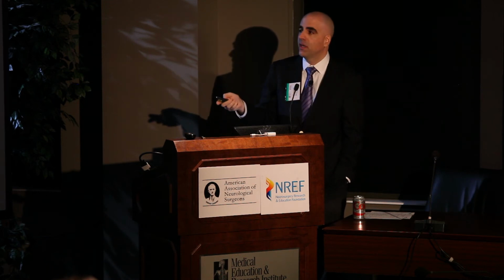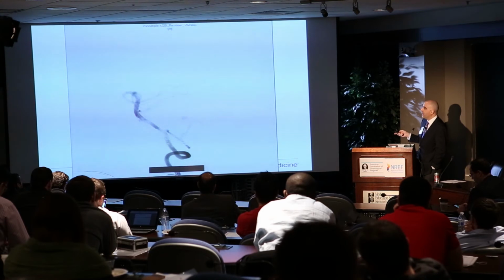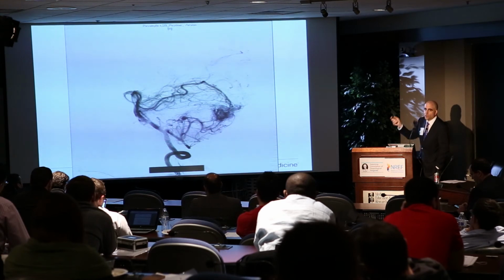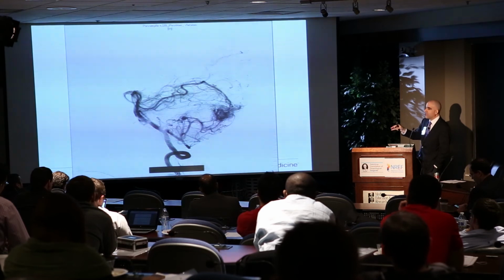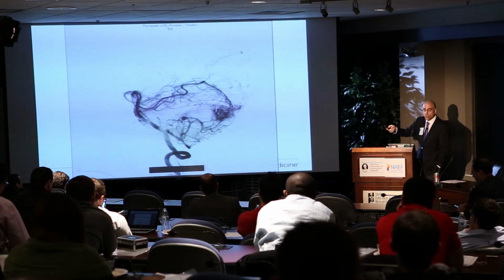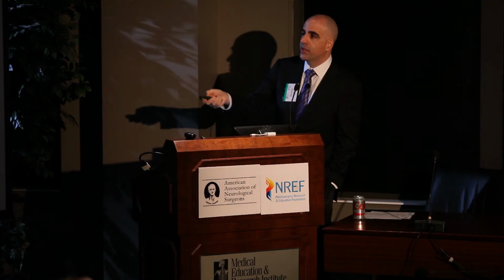This patient needs, ideally, a quick CTA to know exactly what you're dealing with on the way to the OR. And in the OR, you put a ventriculostomy in and don't open it until you have the dura exposed or the dura open. And this is an angiogram that was done after surgery. What we did at that time is we did a craniectomy, partial hematoma evacuation, duroplasty, kept the EVD, and took the patient down to the angio suite. And here's your rupture site. It's this aneurysm. Very easy to catheterize in this case. We catheterized it, coiled it.